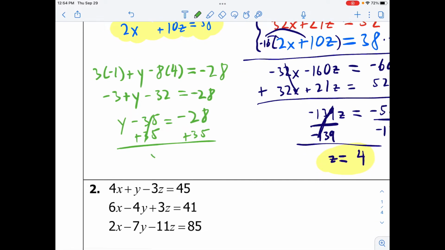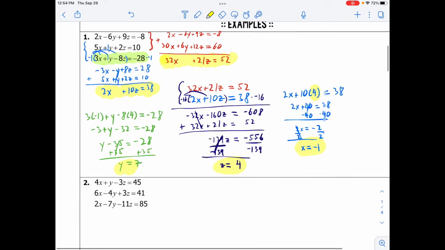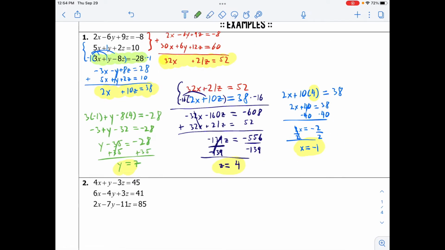Okay, and we get y equals positive 7. Boom. Done with this problem. Okay, we can check. We can plug in all of our variables here. So I'll make 3 variables I solve for. I can plug those in